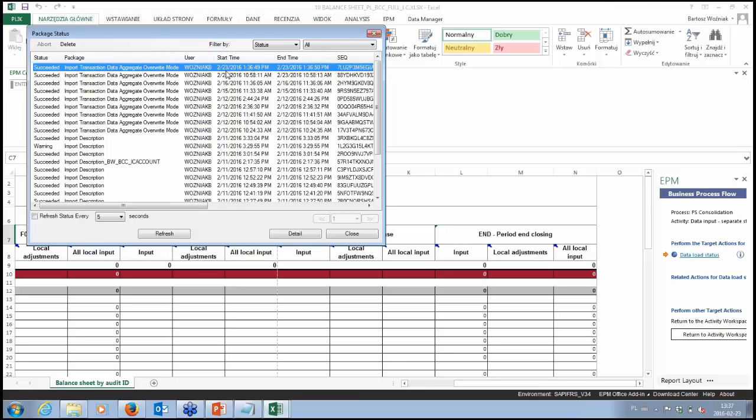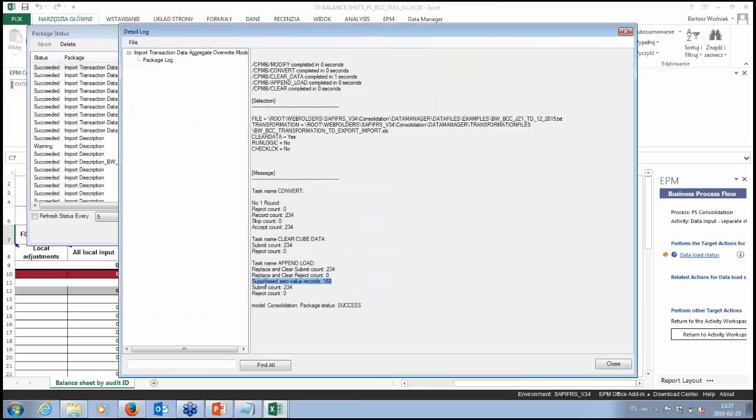So this is my latest loading, and it succeeded. For example, if we have some warnings, we will also have a description, but if we succeed, we also have some details. We can know how many records were stored in our BPC database, and none of these records were rejected, so it's okay.